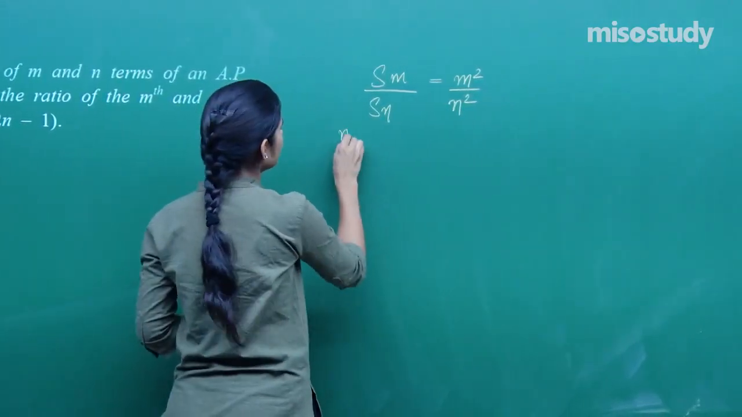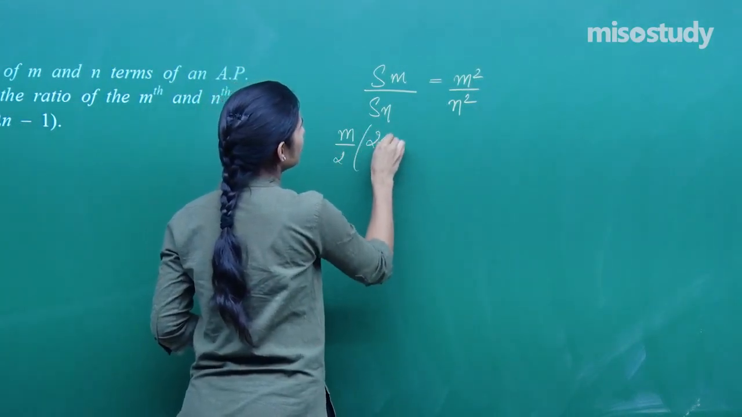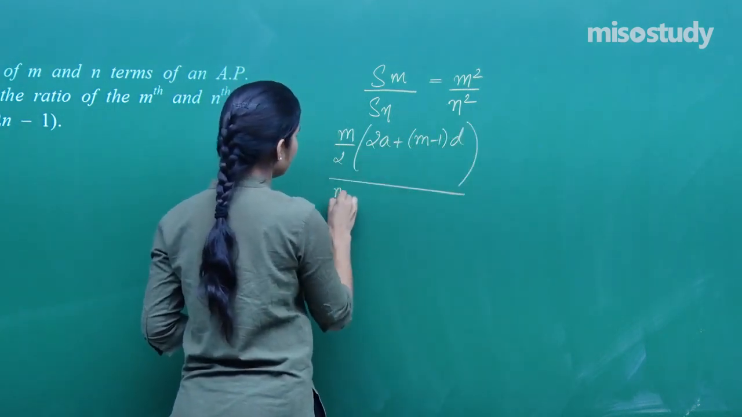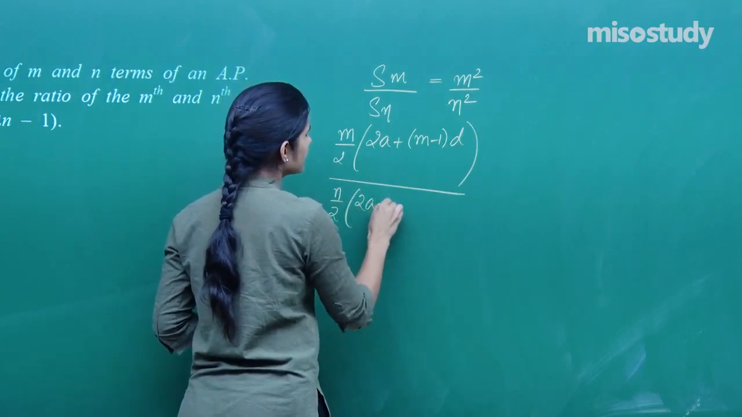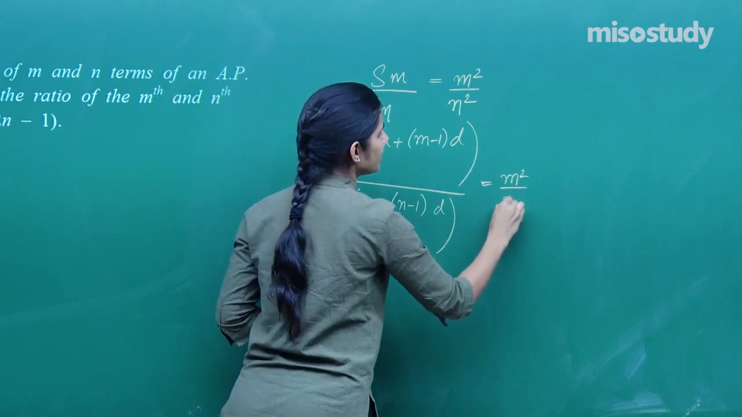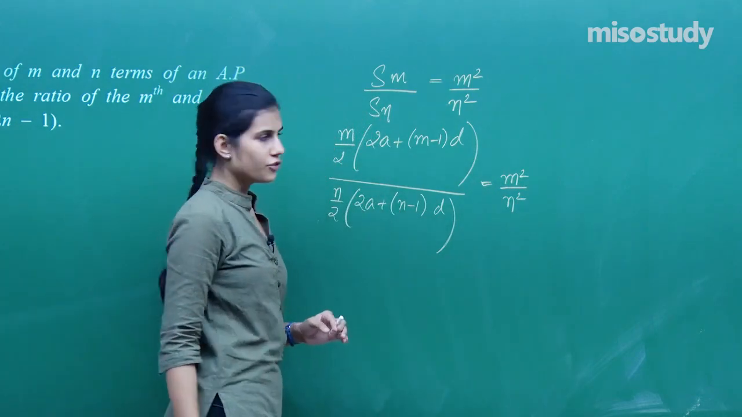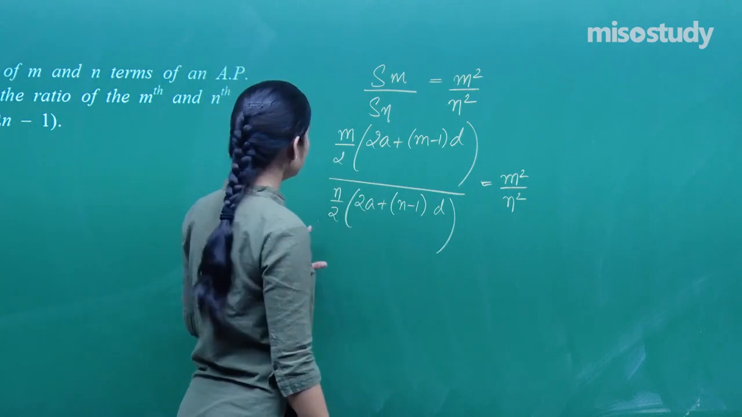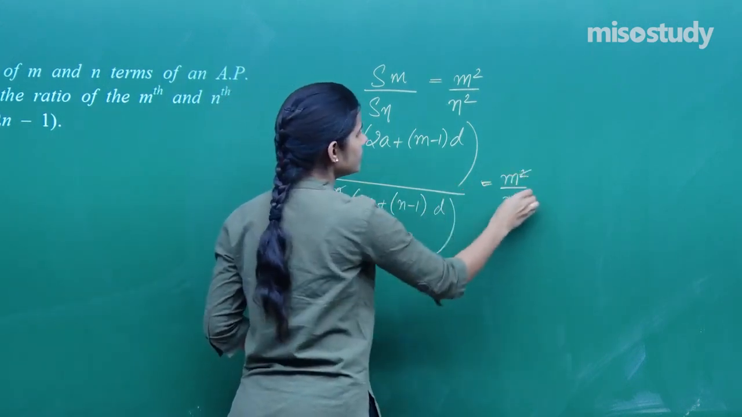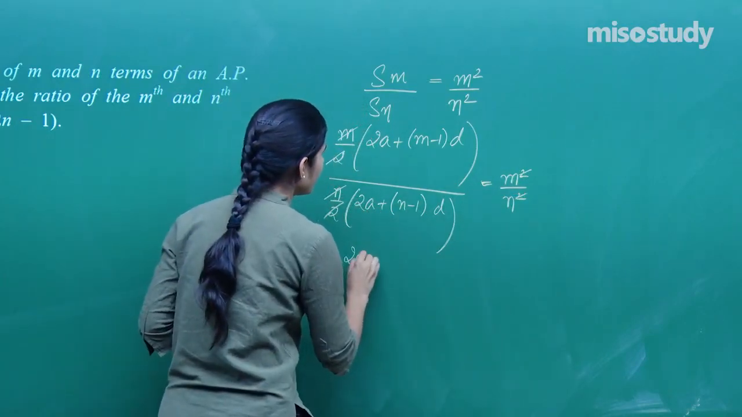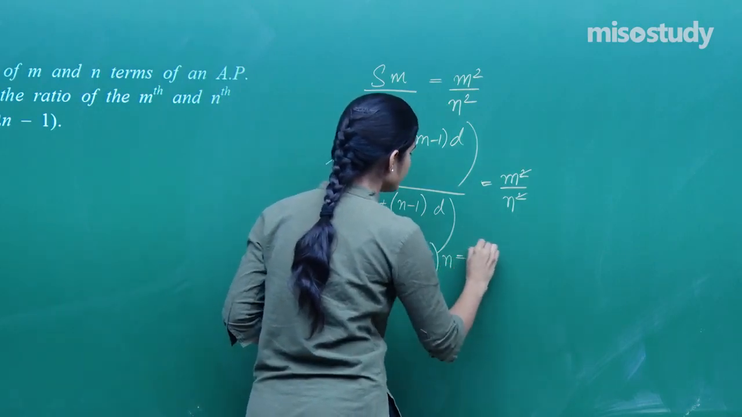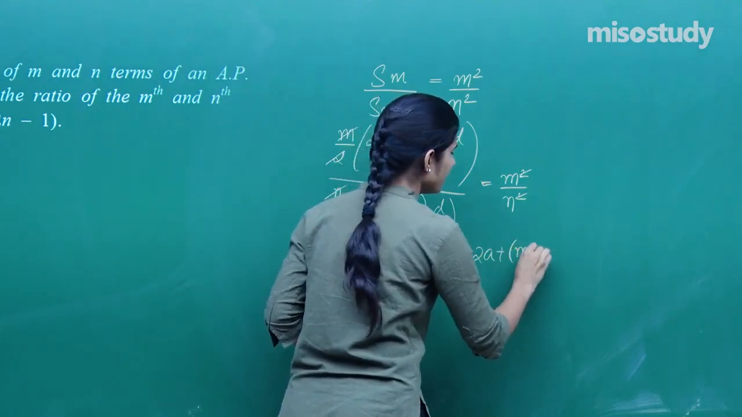That means what? m by 2, 2a plus m minus 1 into d upon n by 2, 2a plus n minus 1 into d. This is m square by n square, right? Now in here, this 2 cancels out, with this m cancels out, with this n cancels out. You have 2a plus m minus 1 into d into n is equal to 2a plus n minus 1 into